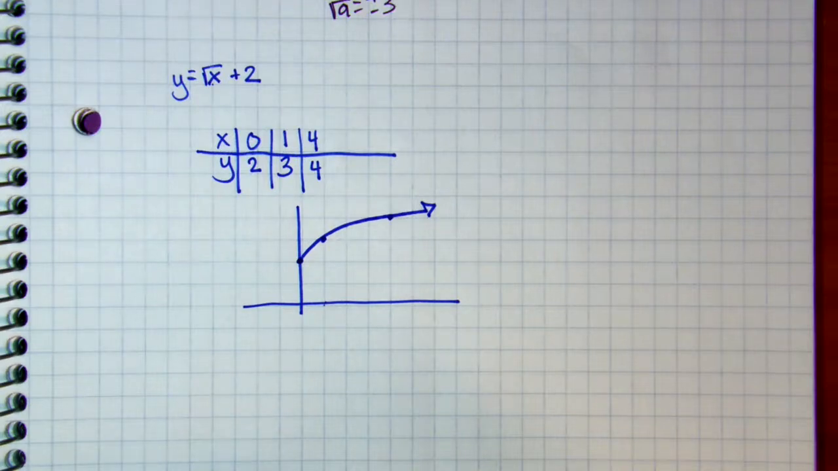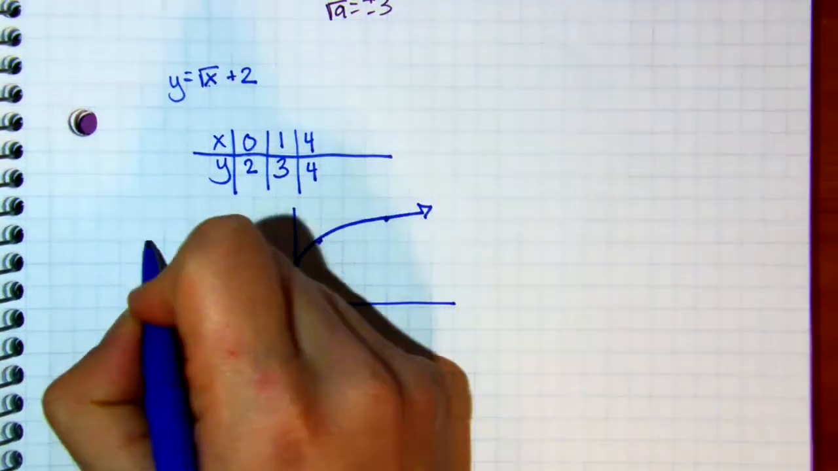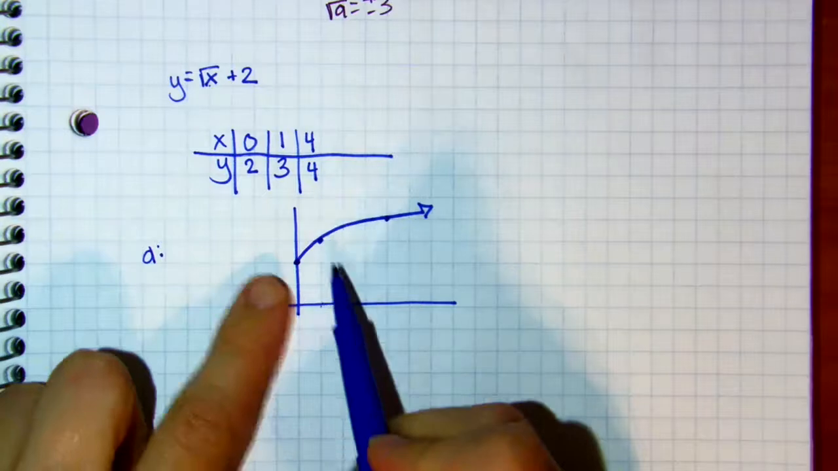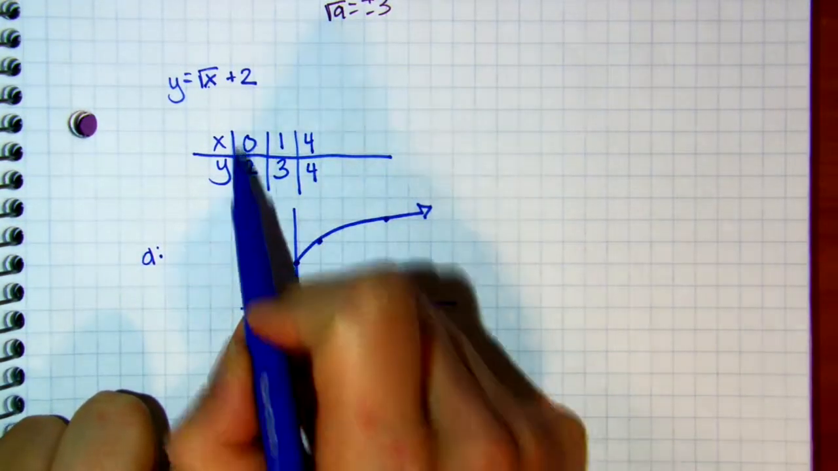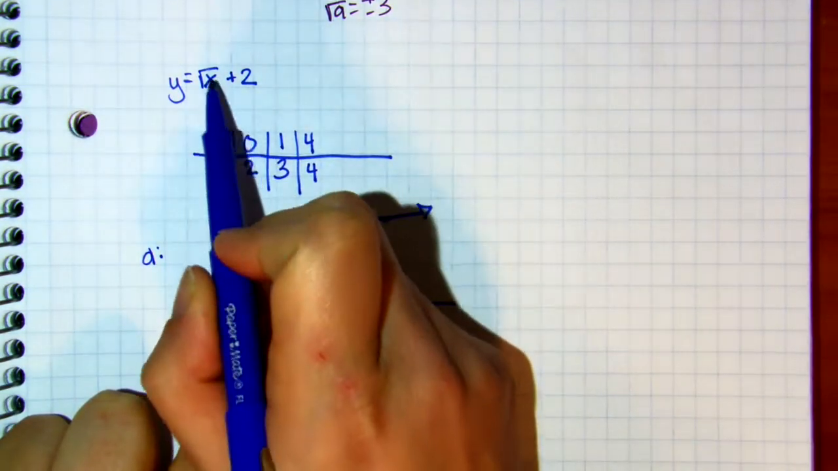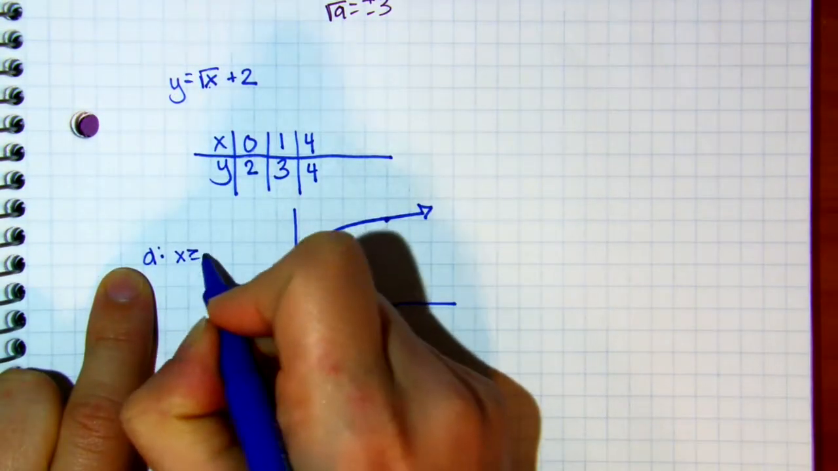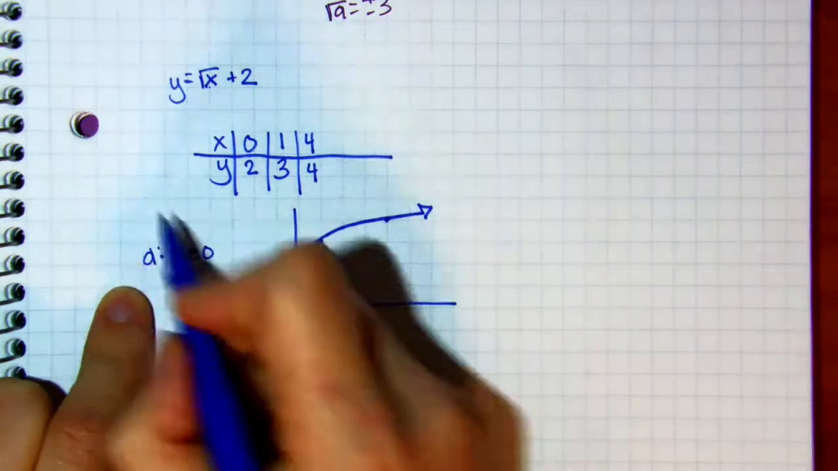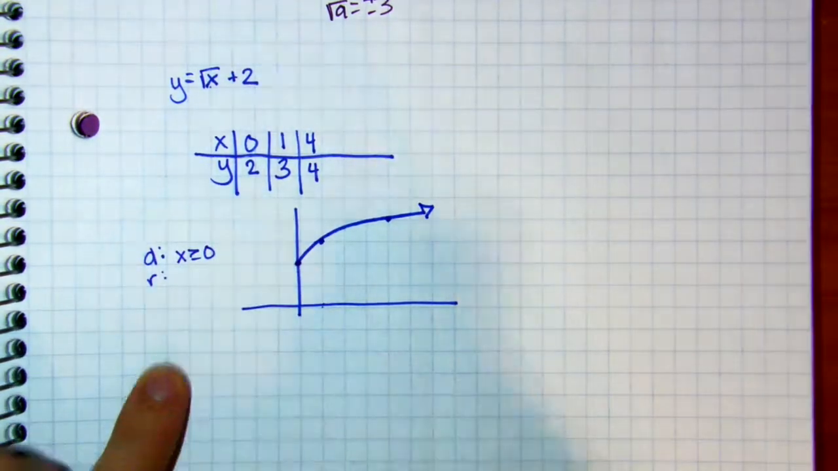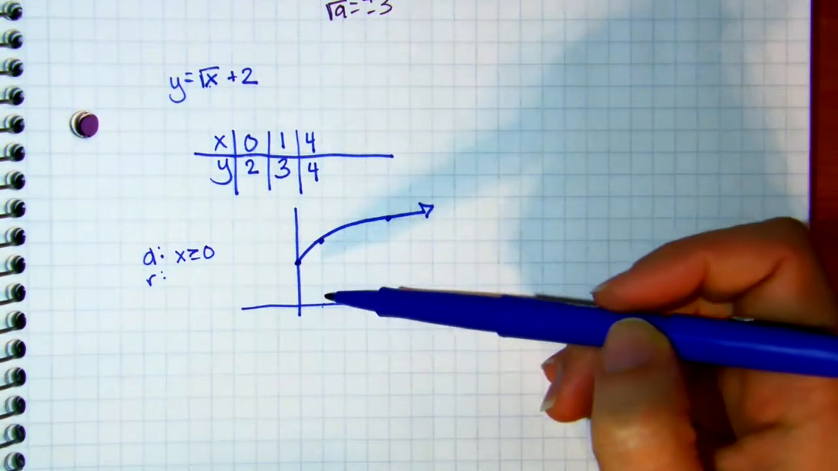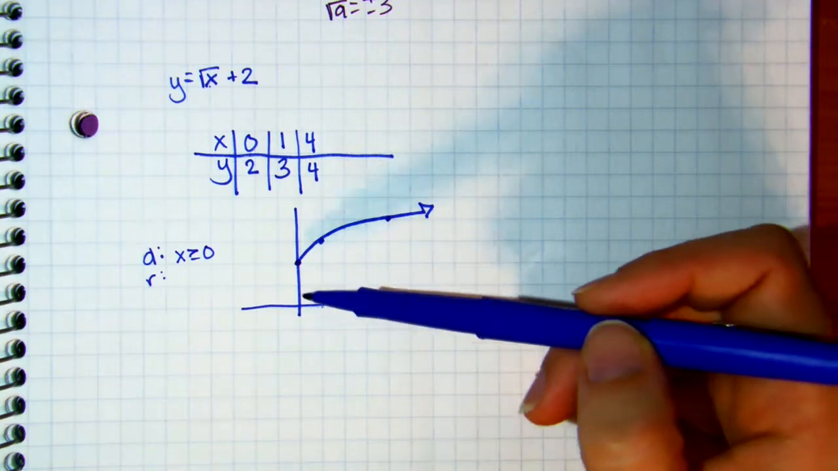So let's look at how the domain changed, or see if the domain changed. The domain here is still only positive numbers. I can only put in positive numbers for x. So my domain is still x is greater than or equal to 0. So that didn't change. But if I look at my range, now instead of my y values being everything greater